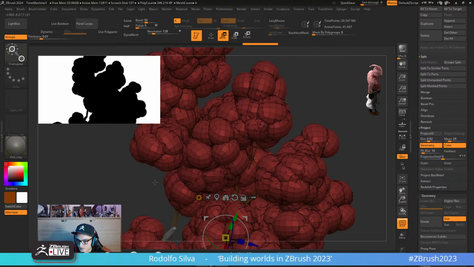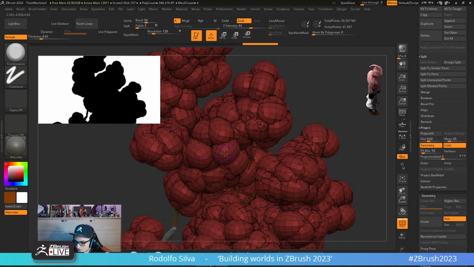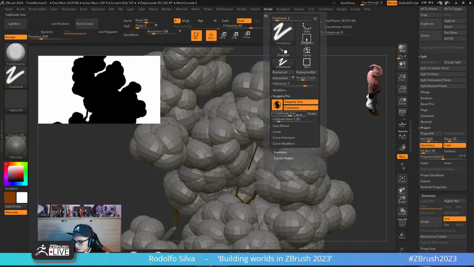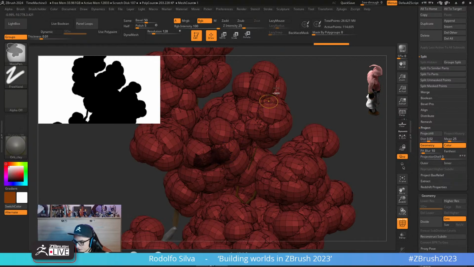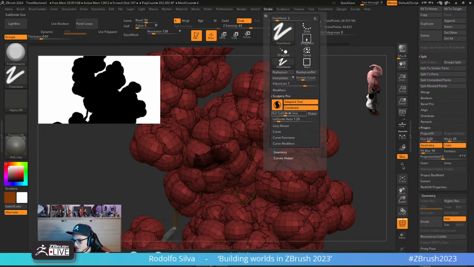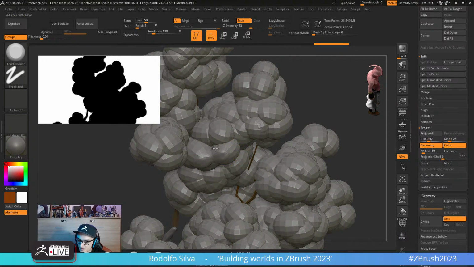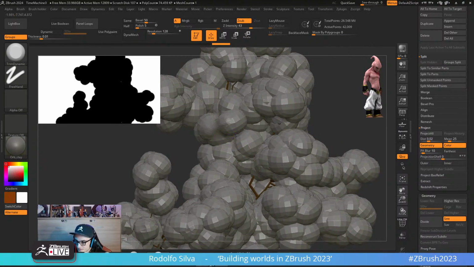Not for this one though. Trim dynamic, go over here, Sculptris Pro. And let me go to Sculptris Pro, subdivide size to like 0.2. Oh, it's the other way around. Sorry, of course. So 3. There we go. So I just want to make sure that these sections here don't have any weirdness there. So I'm just going over